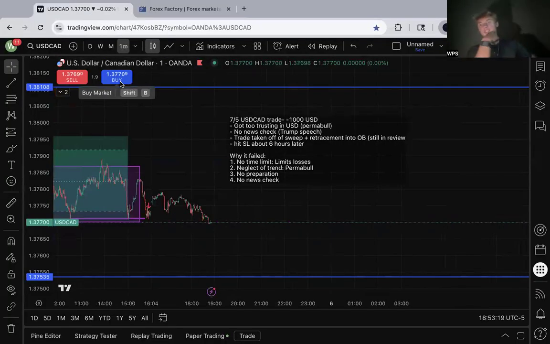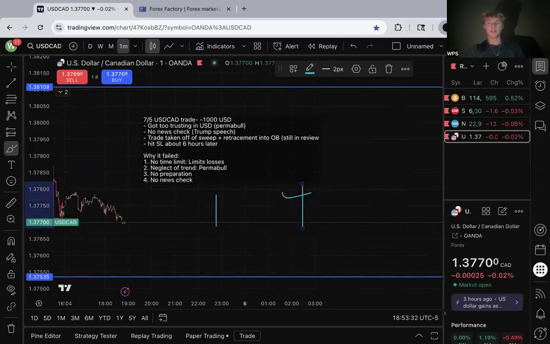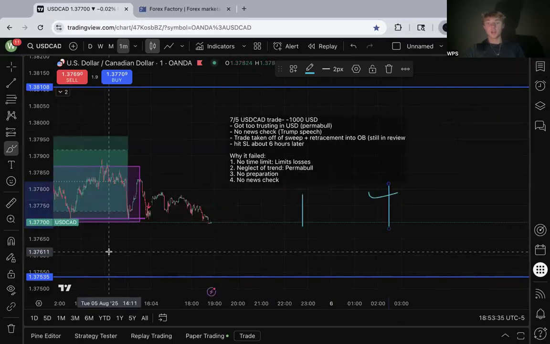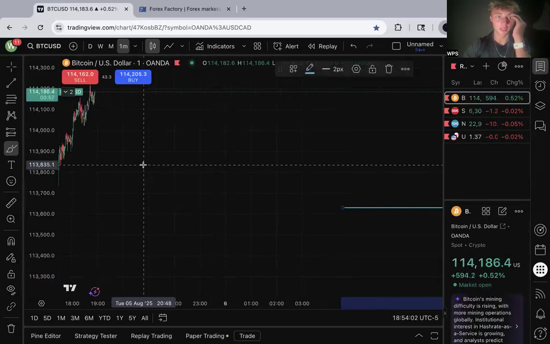The last thing I'll probably say is I don't know whether to trade one pair or all four of these pairs. There are convincing cases I can make for both. Trading one pair means you can accurately assess that pair the best, and you'll be able to master one pair, and it probably makes sense to go down to one pair before going on to many pairs. But on the other hand, if one pair is not viable for some reason, taking a trade on another pair, or for me, for example, if the US dollar isn't really looking good,